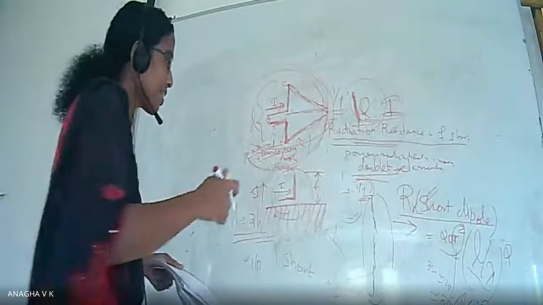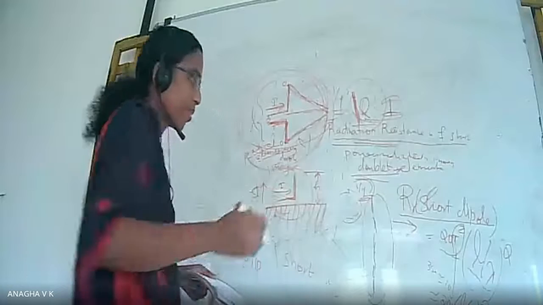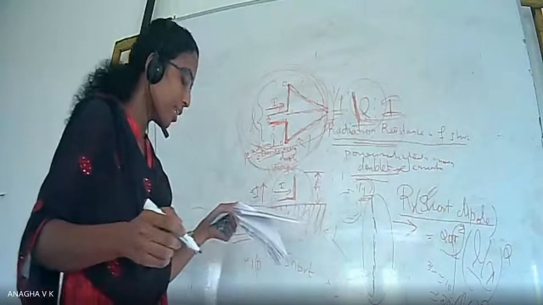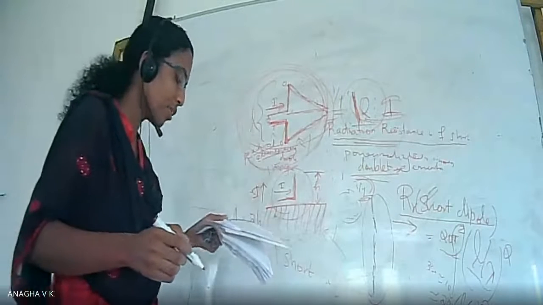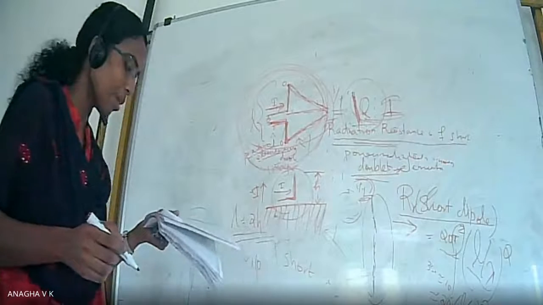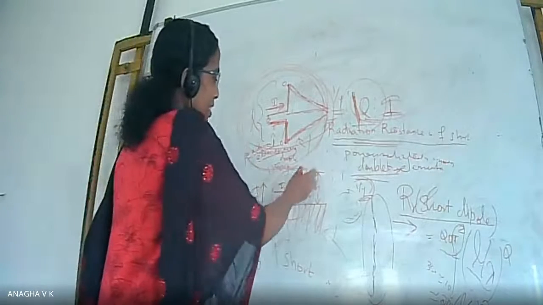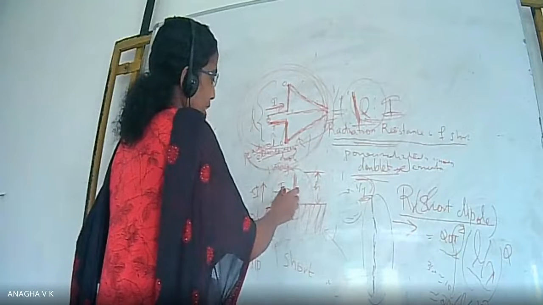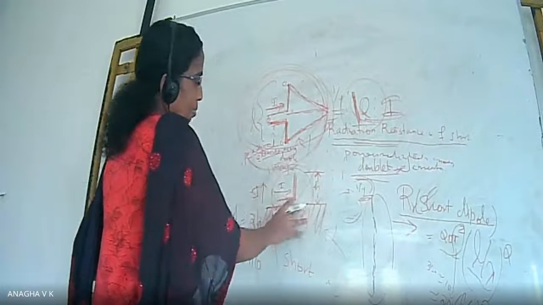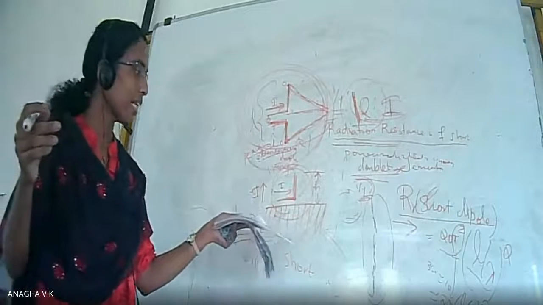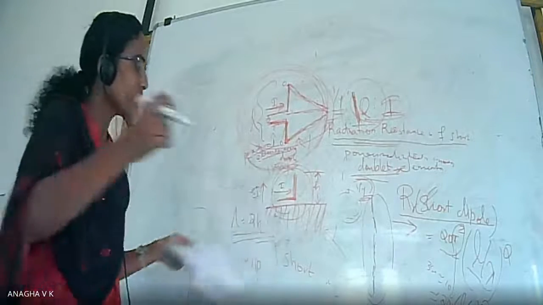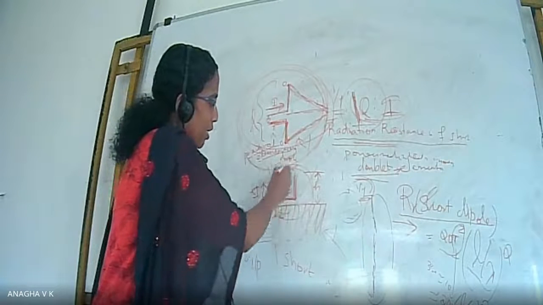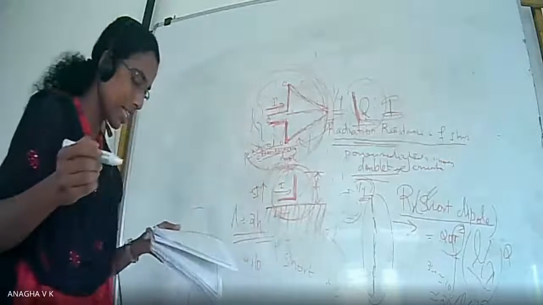When it is fed with an input, what will the monopole do? The monopole will produce the same field strength above the plane. Below this plane, will there be any field strength? No, because this is a monopole. Here only a pole exists. So above the plane there is radiation and field strength.